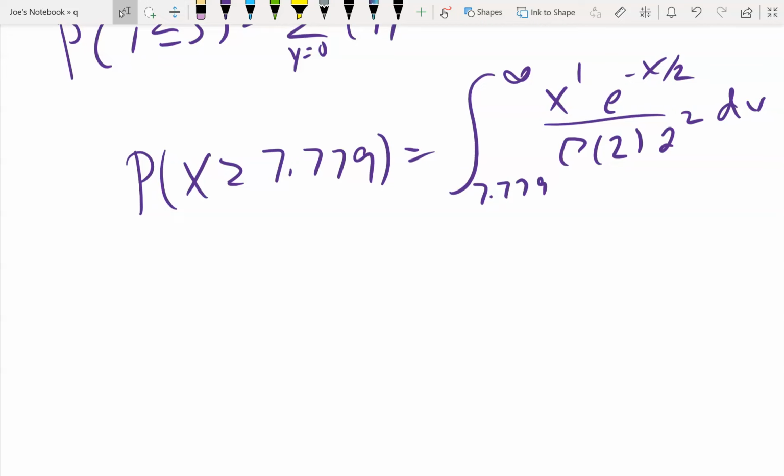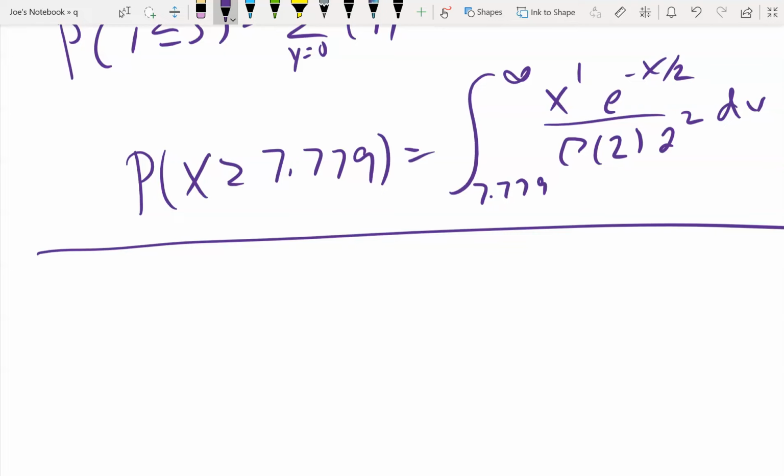All right. Are you okay with that? That's how you would do it with the integral. I'm not going to expect you to do them with the integral. Because for one, if you take any odd number of degrees of freedom, you can't do the integral by hand. You can get it down to a gamma idea, but you can't do it by hand easily. And it can get nasty pretty quickly just by making the powers high. So either you'll use the table or you use Excel.